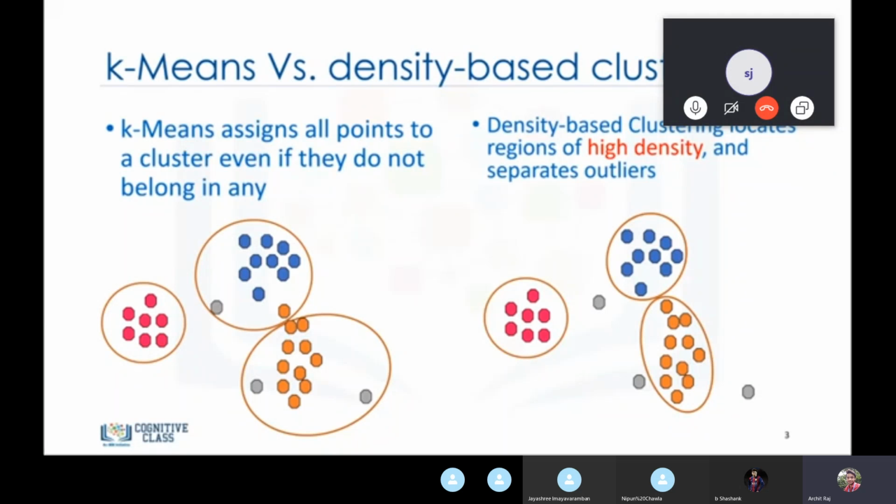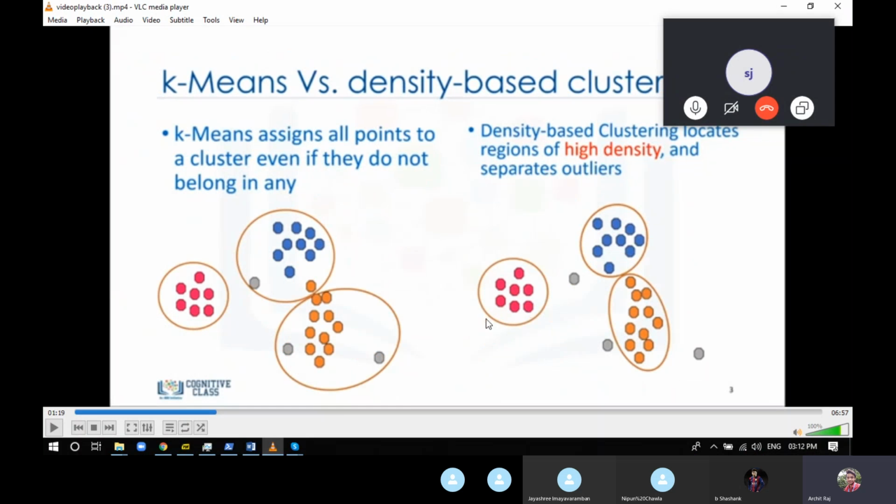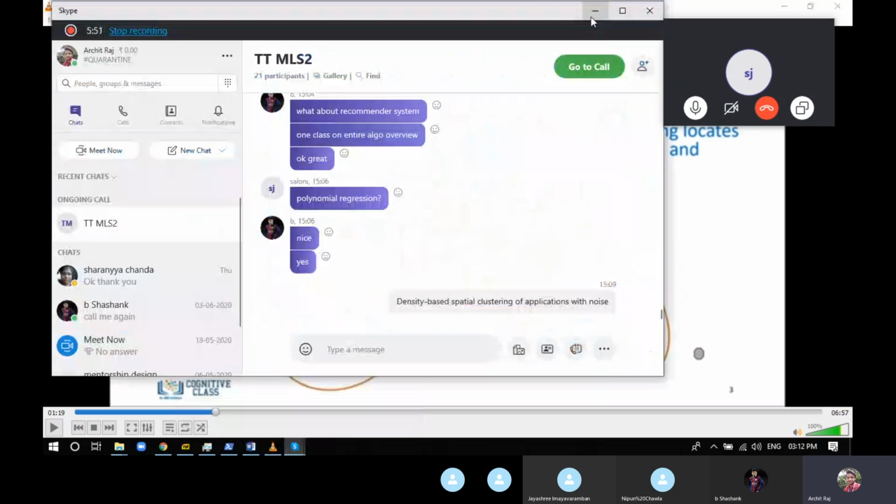If there's an outlier, k-means or hierarchical clustering will try to put it into a cluster, but density based will figure out that outlier and leave it alone, so it's not going to affect any of the clusters.